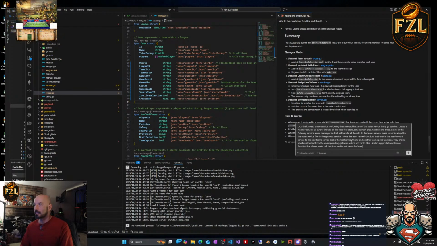Add in a gRPC gateway service function that allows the UI to set user active team, and in the FTZF UI Unity service app project, add